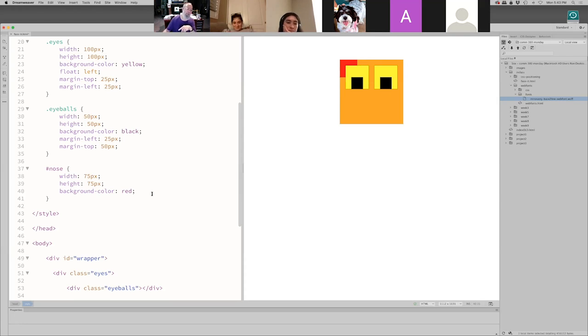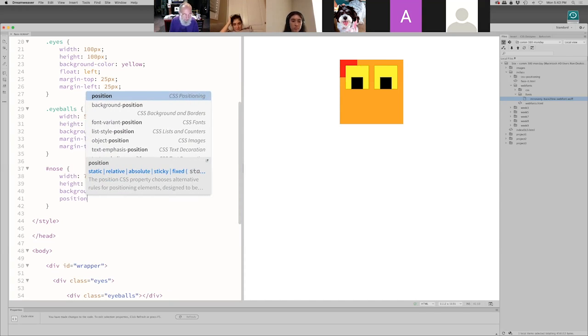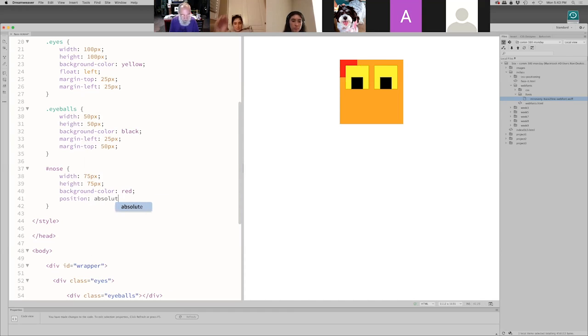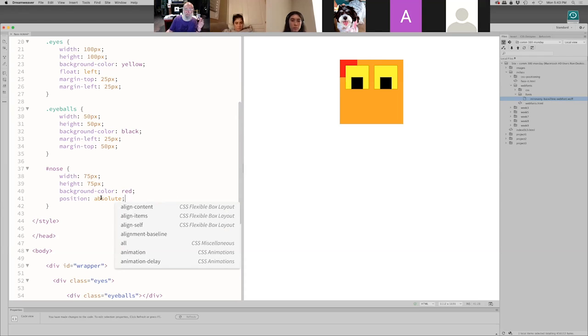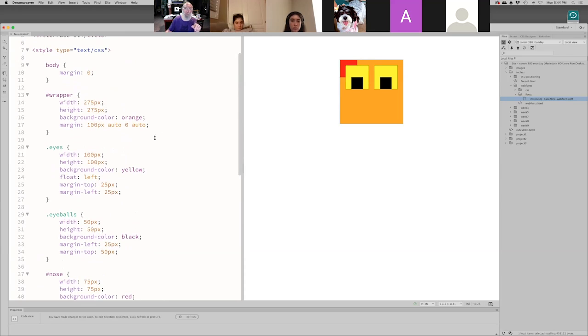Okay. Starts with an A. And so we're going to establish a position of absolute. So that means we can position this relative to its parent container, which is the square. And so remember, though, that for absolute positioning to work, the parent container has to have a positioning itself. And so the answer, this was a trick answer, is both relative and absolute, because the wrapper must have a